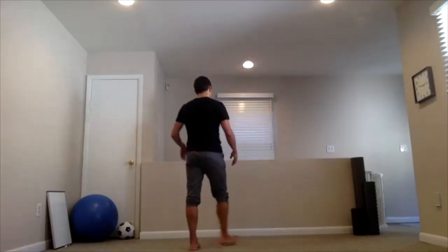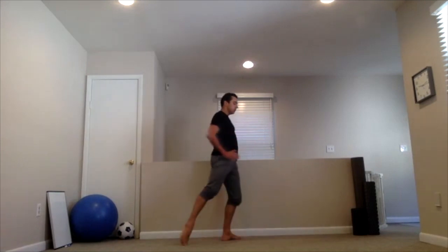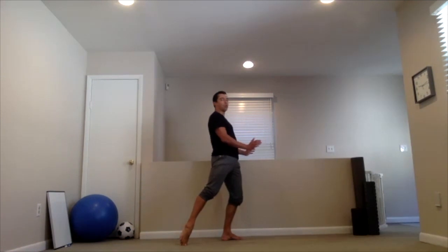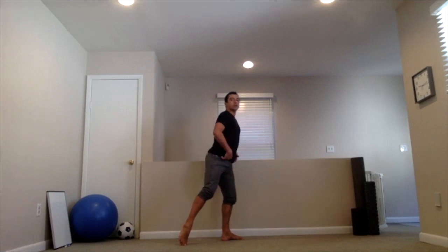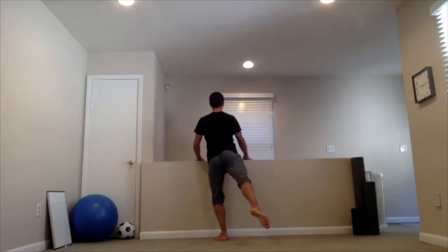So we're gonna get into that same position. Hips forward, pulling. You wanna pull your hips towards the wall or a chair or the countertop you're holding on to, so your weight is right over your foot. We do not want this. Here. And then keeping this position, we're gonna lift our leg up and we're gonna do 20 taps with our